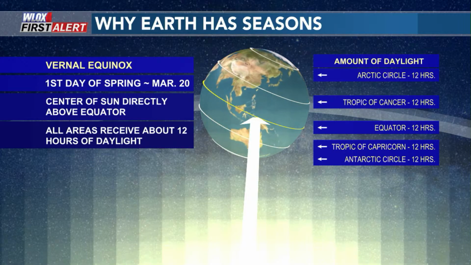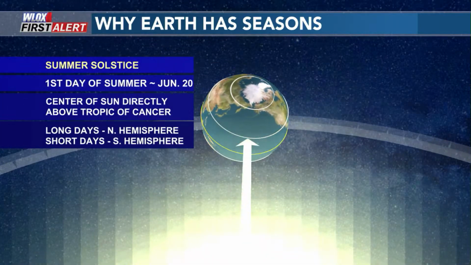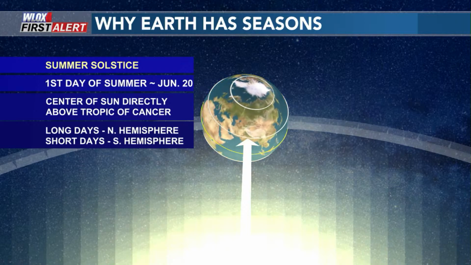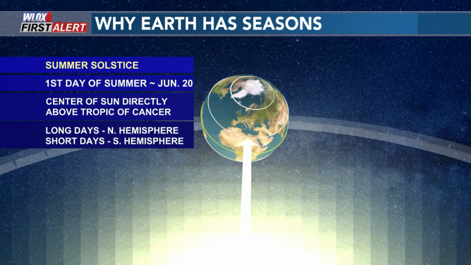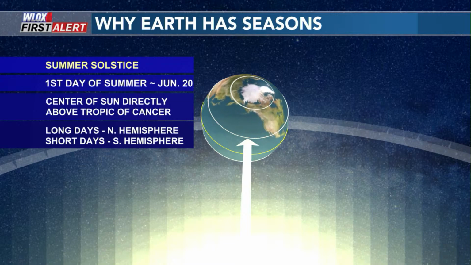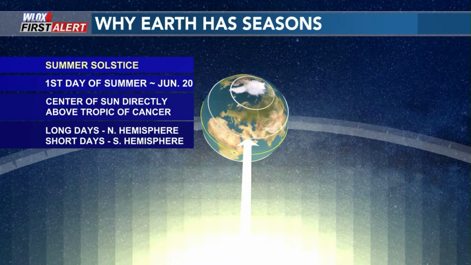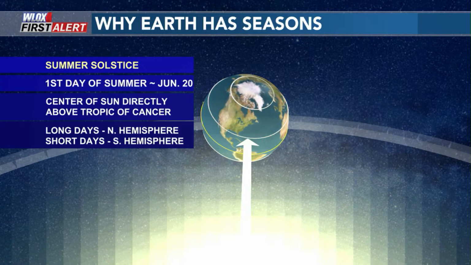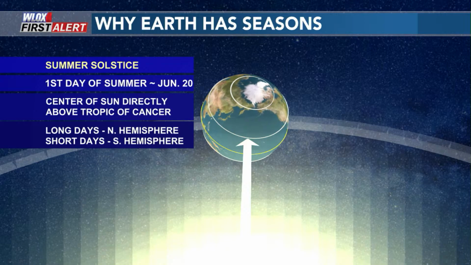And we can take a little trip in the time machine to summer and see what's the difference between where we are now and where we're going to be in 3 months. First day of summer this year will be on June 20th or thereabouts. And instead of the sun's rays being angled directly over Earth's equator, they're actually angled over Earth's northern hemisphere. That's why it's so hot up here. That's why it's summer, because the sun is literally beaming right down on us.